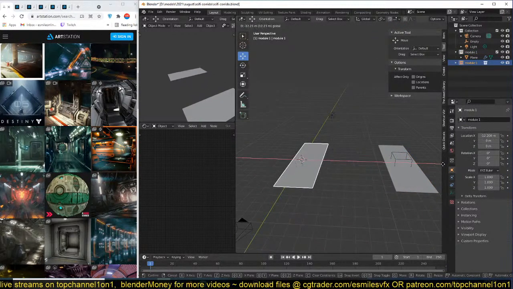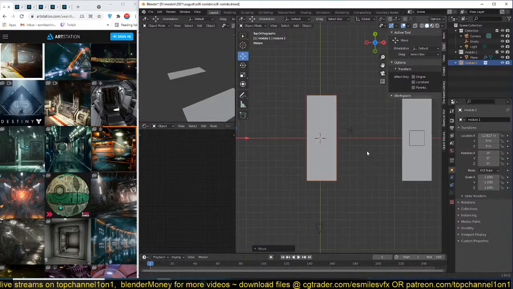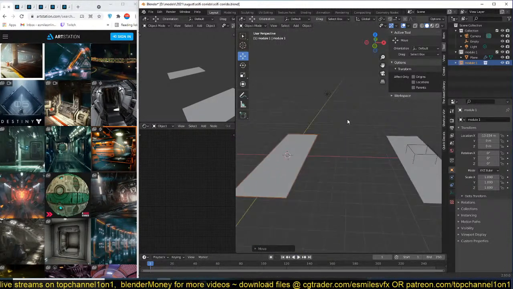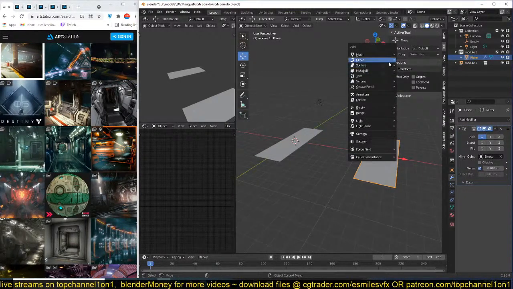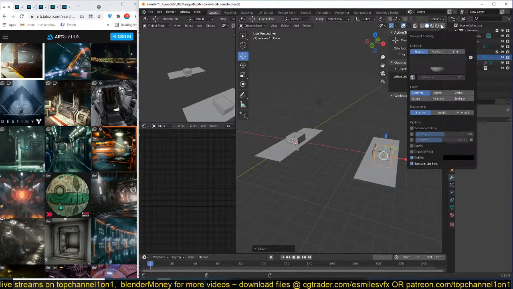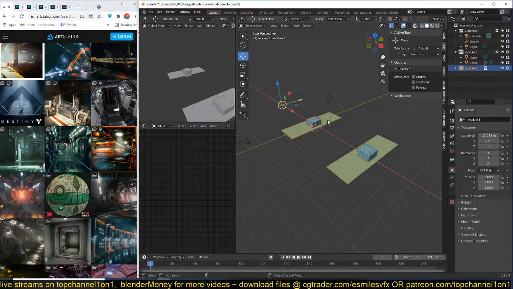The problem is that it's going to be offset from the center, but that's not going to be a problem. Everything I add into this collection is going to be duplicated here. So let's say I add a cube in this collection. You can see it's also being added to this instance, and what this will allow me to do is that since this now acts as a single object,